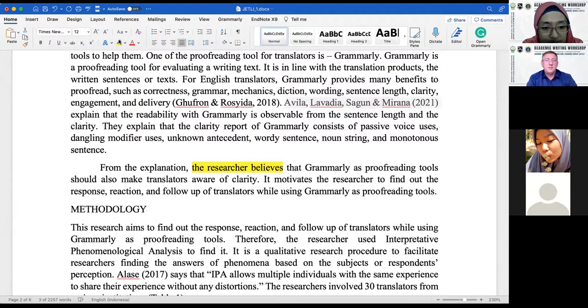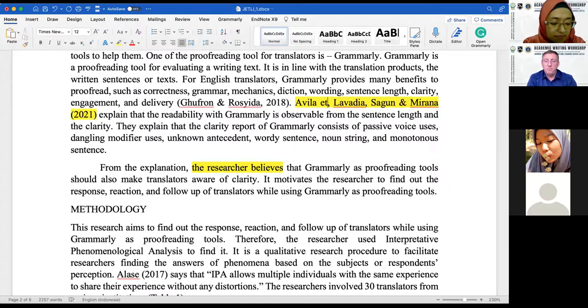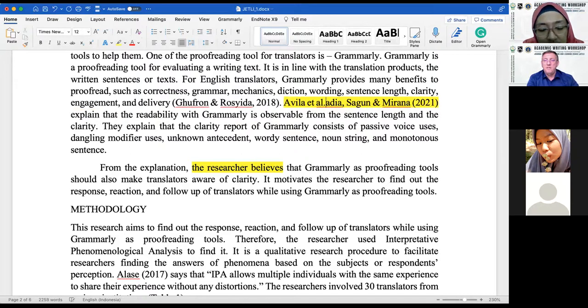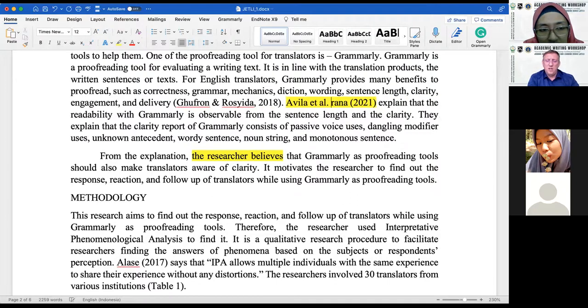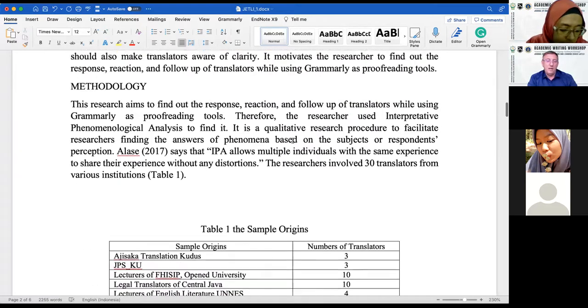Look at this right here. Look at this in-text citation. Any citation with three or more authors from the very beginning is et al. From the very beginning. In the sixth edition, when you first introduced at least three authors, you could put all three names, but now everything is et al., even from the very beginning.